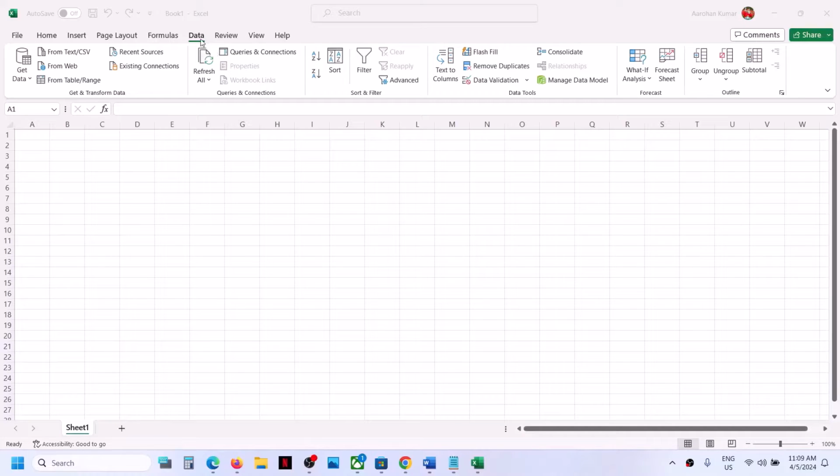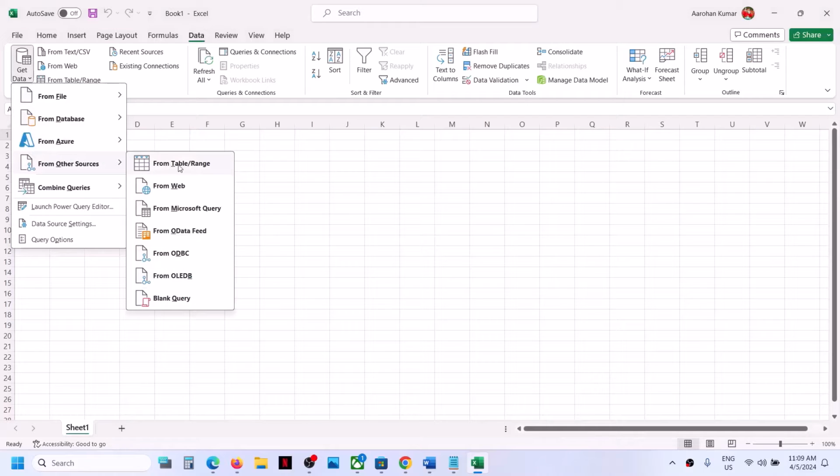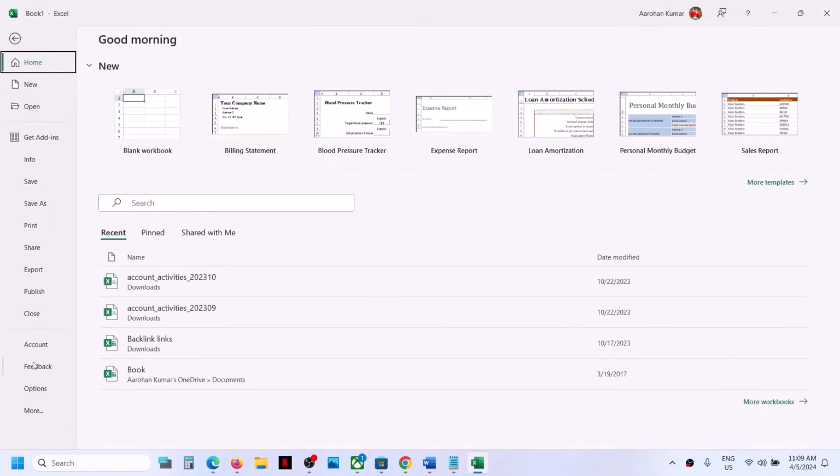So in your Excel file, when you go to Data, then Get Data, and then From Other Sources, if From Microsoft Query is missing over here, then please follow the steps shown in this video. Now to fix it, go to File and then go to Options